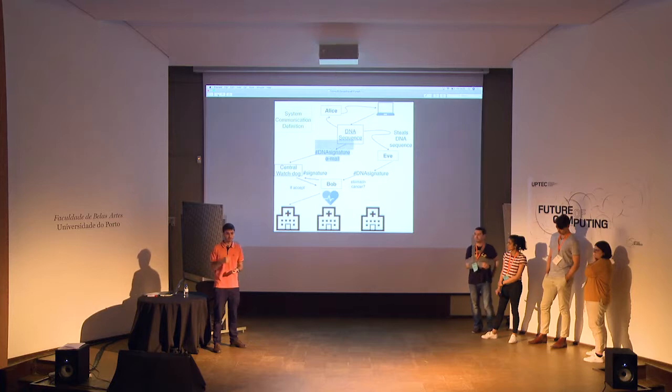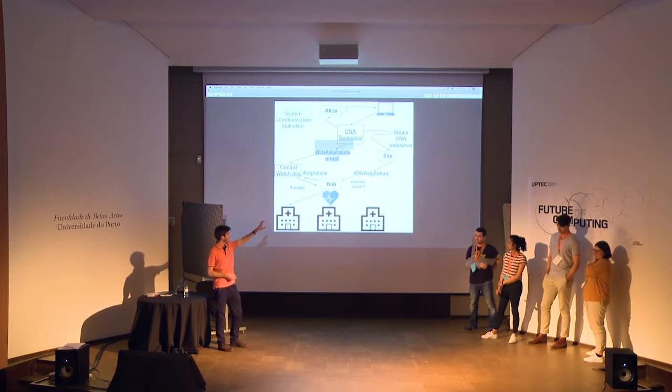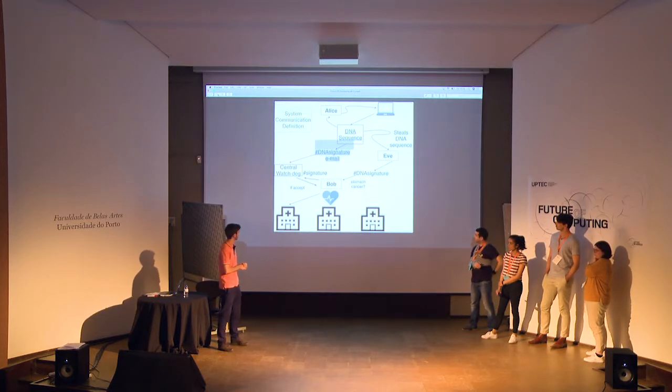He's a very important person. You leak it to the media. Suddenly, shares are on the ground. Okay, so Eve gets the DNA, computes the DNA signature, tries to do the request, but the company flags it as this is not the right person for this hash, so it denies the request.